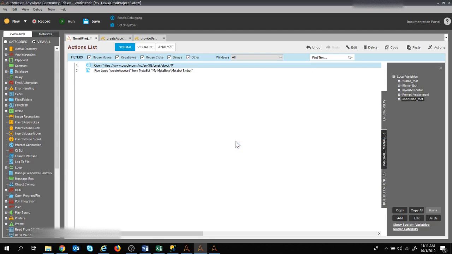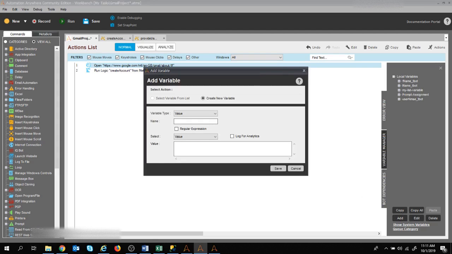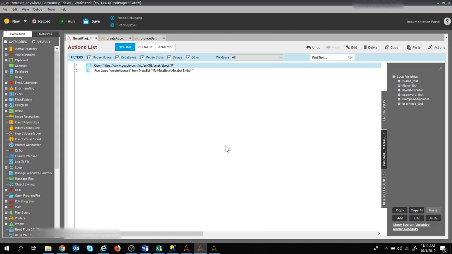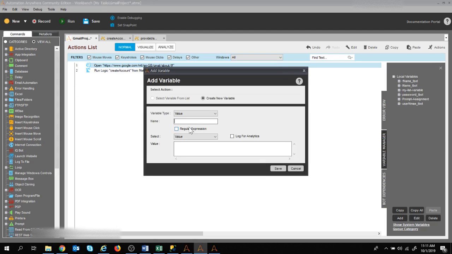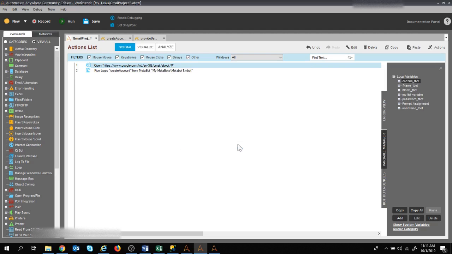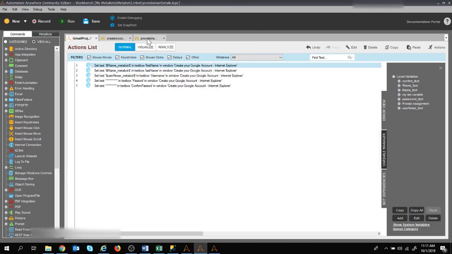Let's click on save. Let's create another variable as password Taskbot. Let's click on save, and again I'm going to give the variable name as confirm Taskbot, and let's click on save. So we have created all the variables in the Taskbot as well. Now my Taskbot, that is the Gmail project which will be our final task, is going to call this logic,